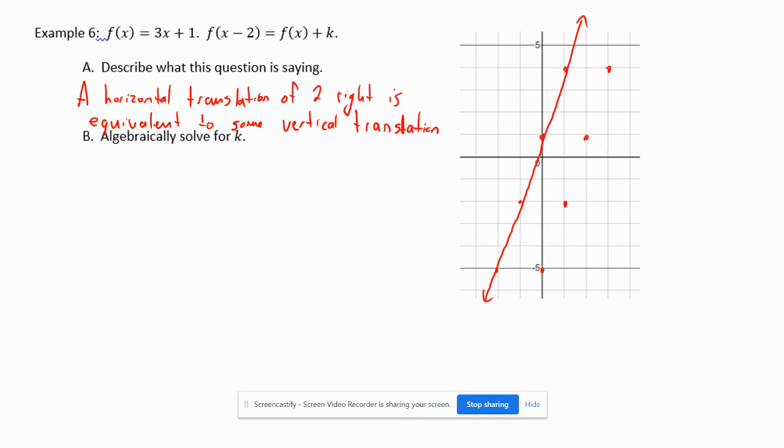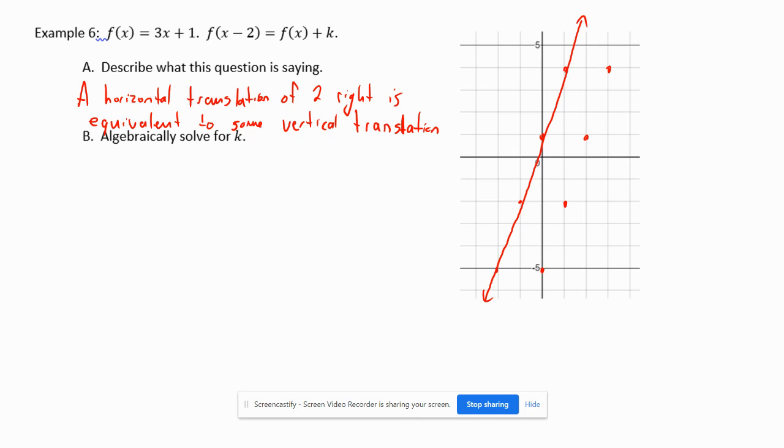Now, I think what you're saying is, if I take this point and drag it down here, we're going 1, 2, 3, 4, 5, 6, I'm getting this point over here. If I take this point and drag it down 6, 1, 2, 3, 4, 5, 6, so the point is that if you look at it graphically, the answer appears to be a horizontal translation of 2 to the right is the same as a vertical translation of 6 down. Here's how we do this one